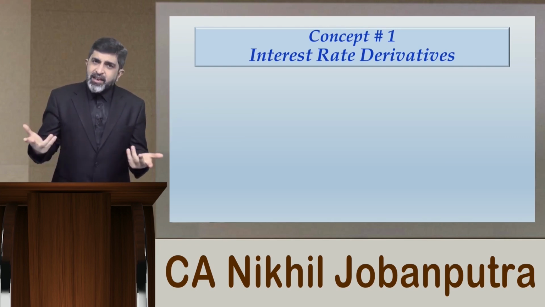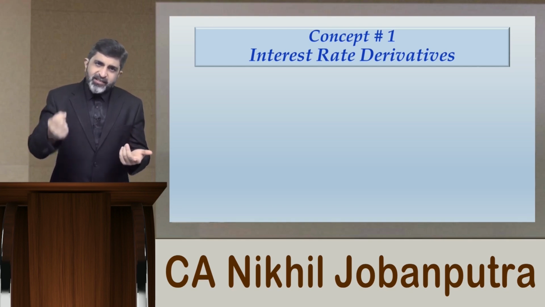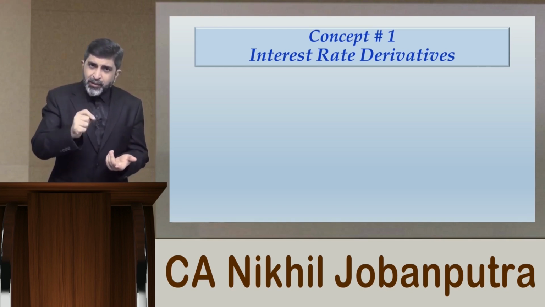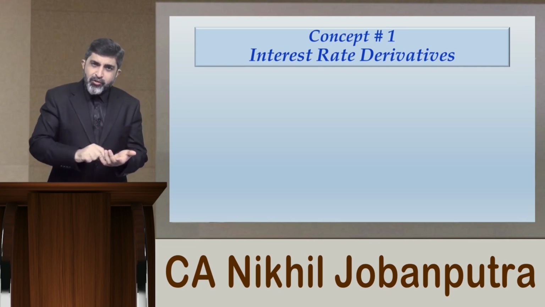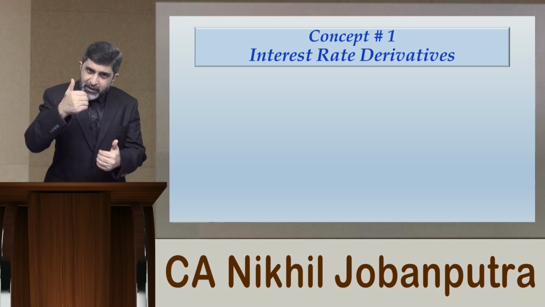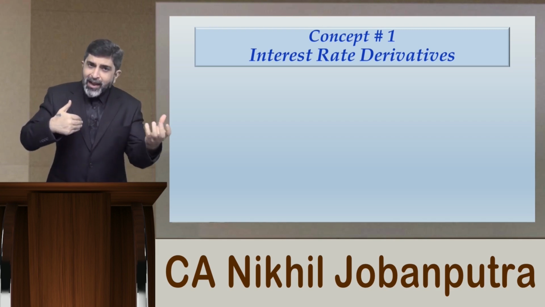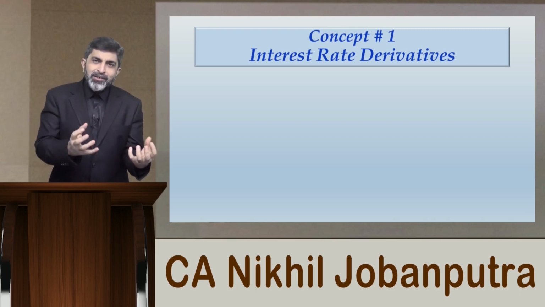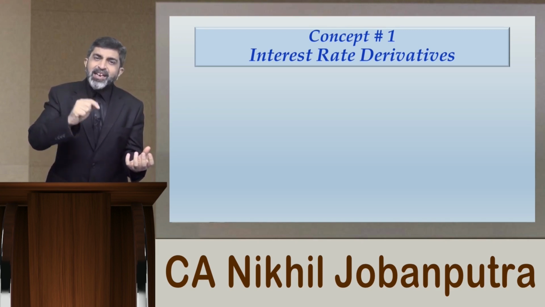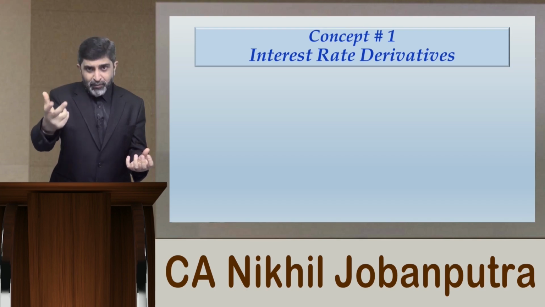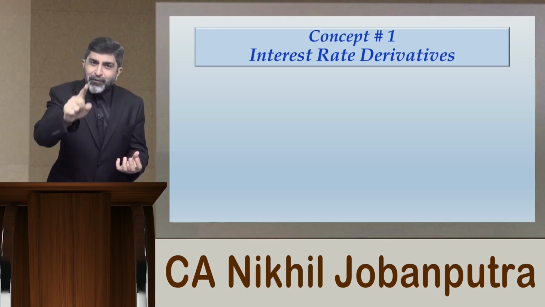Suppose the banker agrees. Banker agrees and says, yes, even after 6 months when you have to borrow, we will charge 12%, and they are ready to enter into a contract. So there is an agreement between me as a borrower and the bank as a money lender. It is not an agreement for spot borrowing. It is an agreement for a forward borrowing, because borrowing will initiate after 6 months.